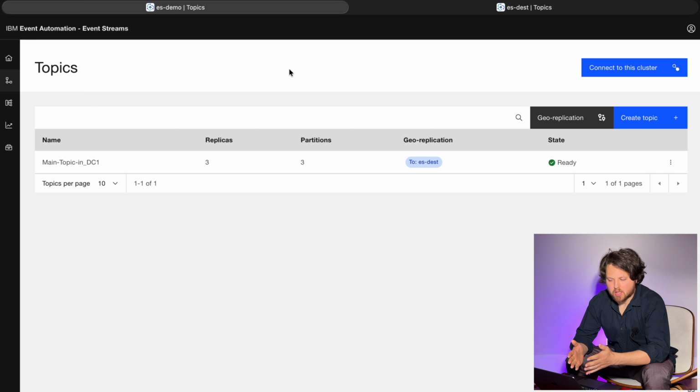So now we can see that in the Geo-Replication section for our source cluster, it is saying that our topic with the name main topic in data center number 1 is being replicated to another Kafka cluster with the name esdest. And to verify that it's actually being geo-replicated to that other Kafka cluster, we need to go to that Kafka